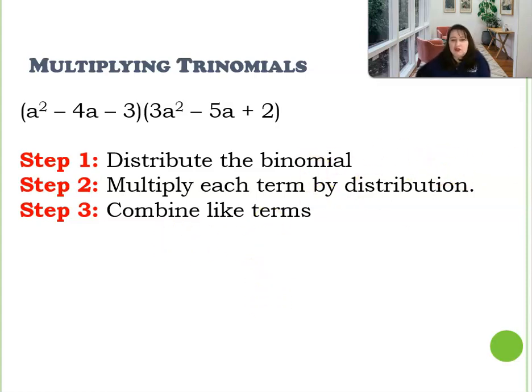Anyway, I want to make sure we realize that the steps are going to be the same when we multiply two trinomials. You're going to have a distribution of the polynomials, so you're going to distribute them. You're going to multiply each term of distribution, and you're going to combine like terms. So we're still going to have the same steps. It's just going to be, as I said, it might be a little bit longer,